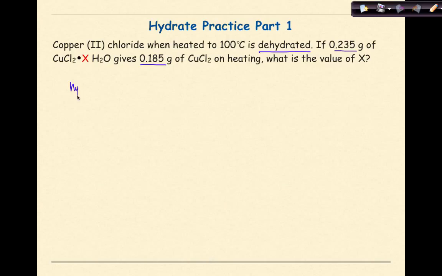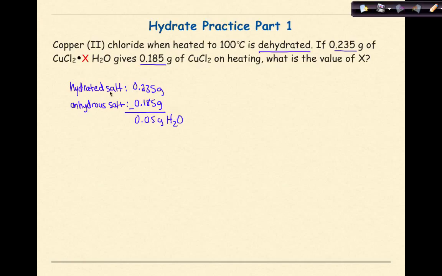So hydrated salt is 0.235 grams and anhydrous salt is 0.185 grams. Now we want to take the difference between the two of these. We're going to subtract the two, and when we do that, we get 0.05 grams of H2O. Once I've found the difference between the hydrated salt and the anhydrous salt, I can go